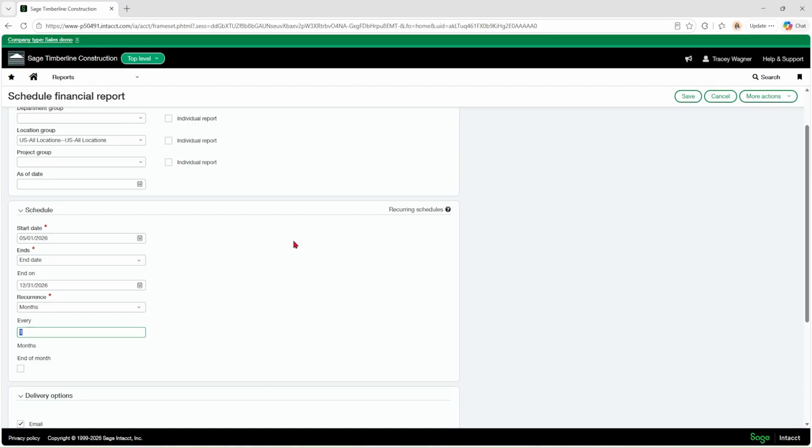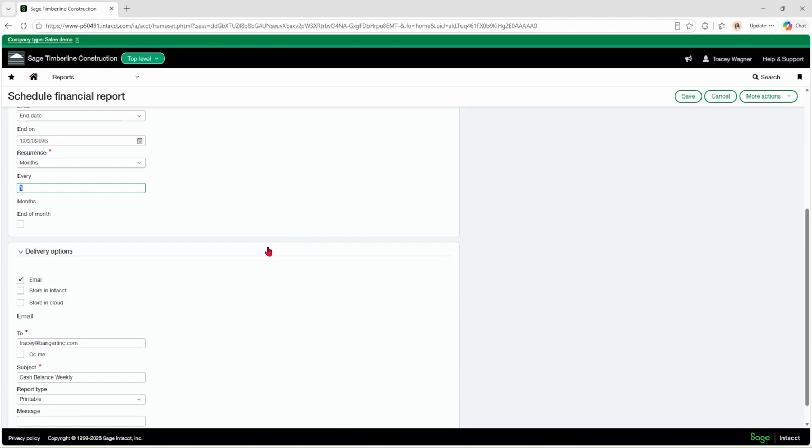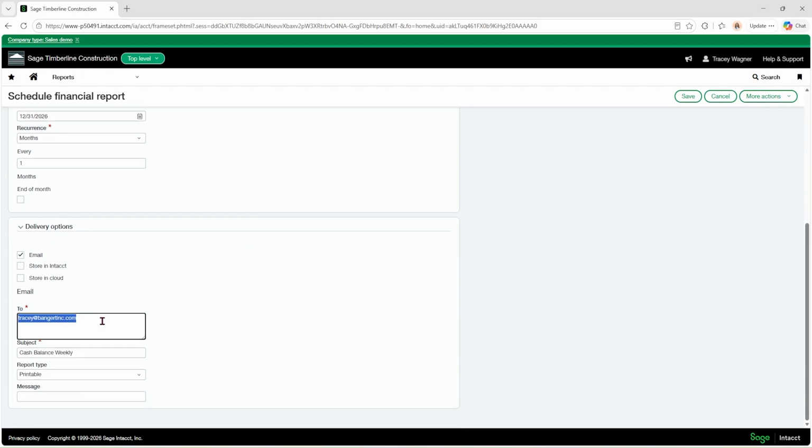And another thing I want to point out is if you're editing a schedule and you're coming in here and let's say you have a group of people in here, if we had 10 people listed in the To field, you would just use either a comma or a semicolon to separate them. And maybe I was going to send this to Lisa.